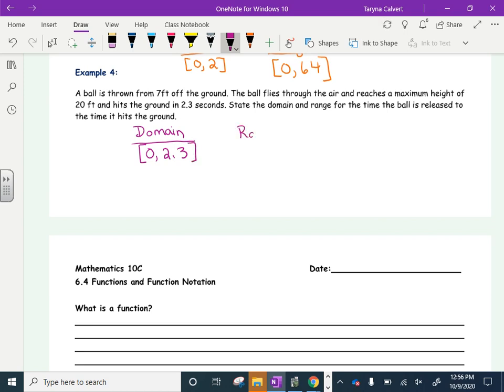And then my range. So range would be? So this one, read carefully, guys. Read it one more time. So remember, range is distance. So you guys were, I just heard 2 different things happening. So it does get released from 7, but it hits a maximum at where? 20. But does it go back down to where? 0. So it will be from 0 to